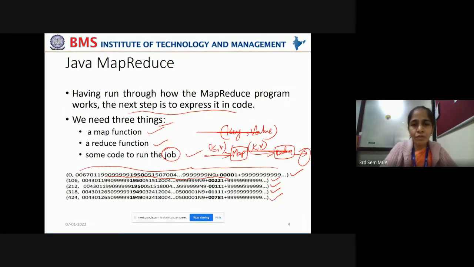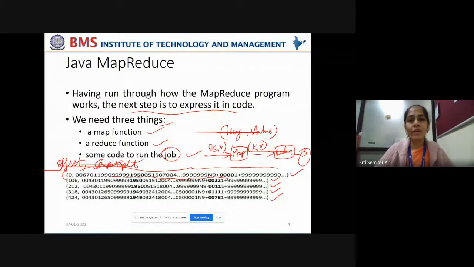Now, to transform the raw data into key value pairs, we take the key as the offset and the value as the input split, that is, the data that has to be processed. What is the offset here? Offset is where that line starts in the file, the data set.